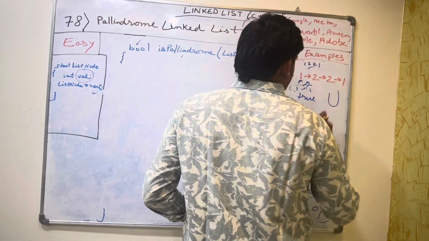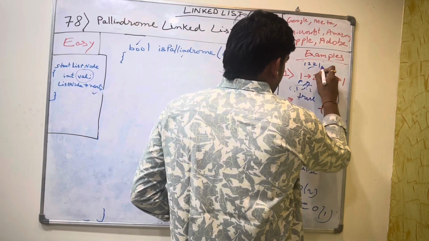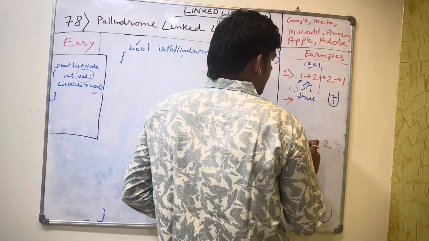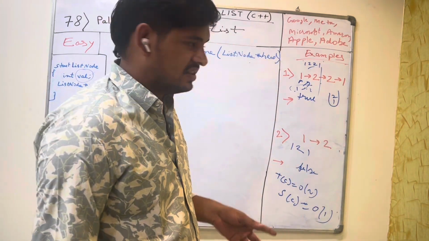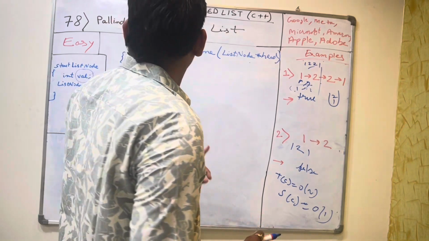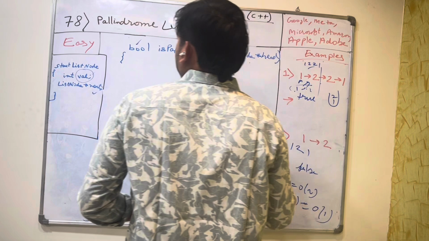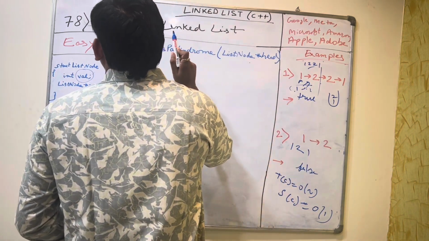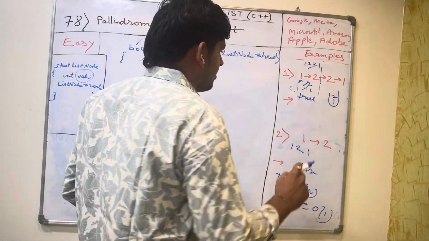If we take a stack, and then we insert the elements up to half, so we inserted 1 and 2. After inserting up to half, we know how to find the middle of the linked list, which we discussed in the 76th question, finding the middle of the linked list. So once we